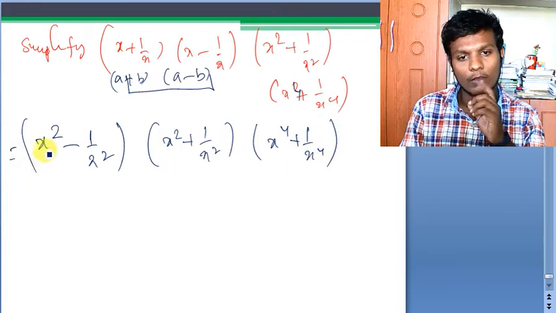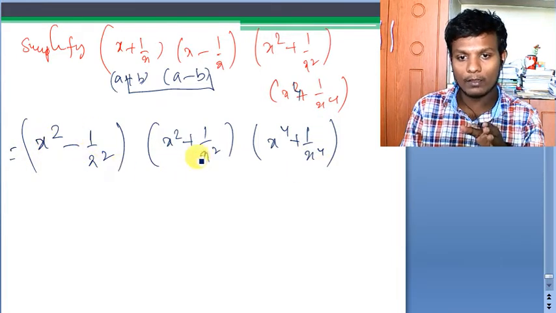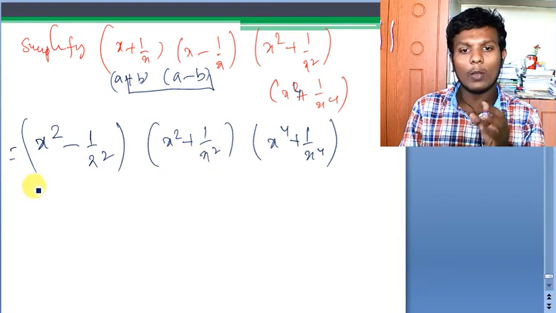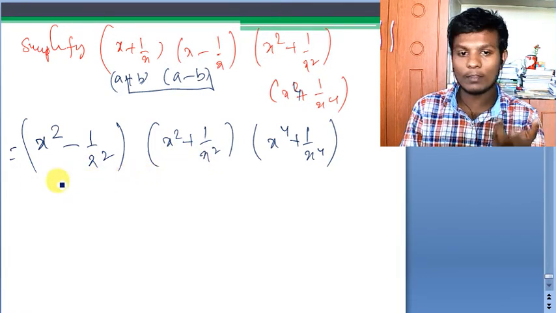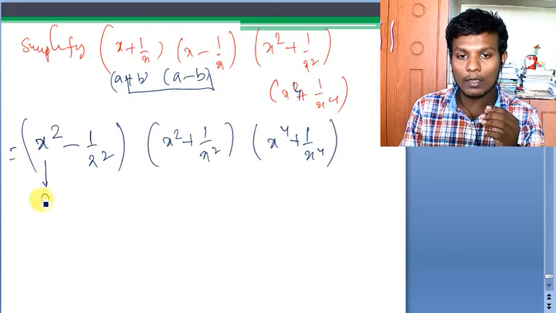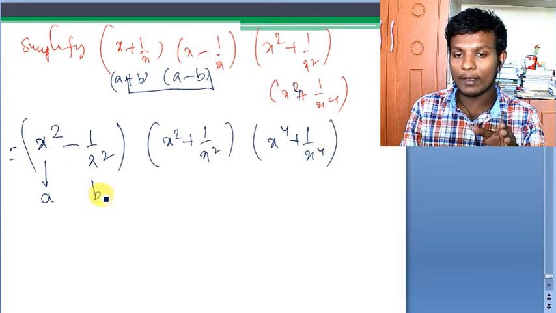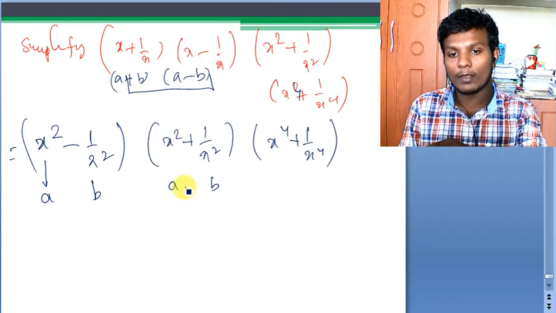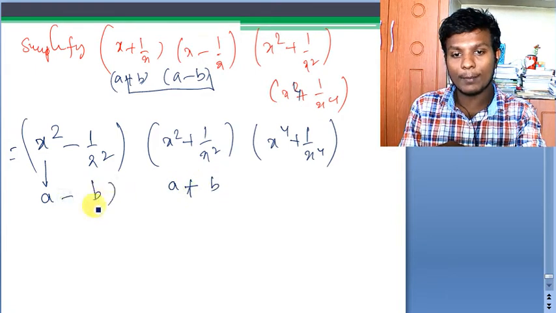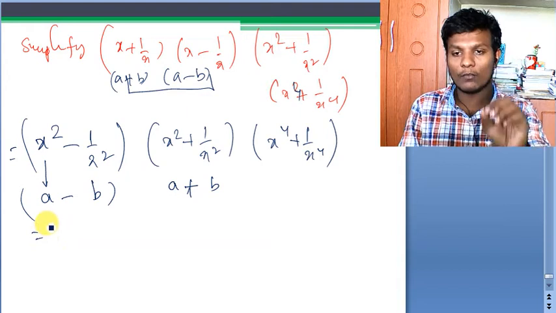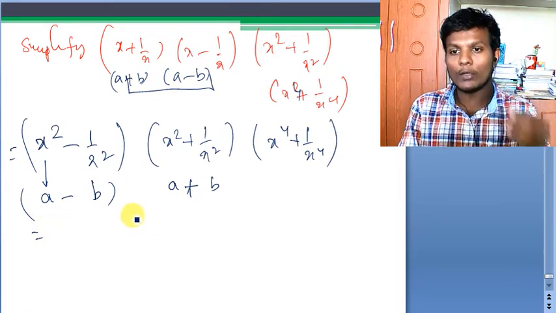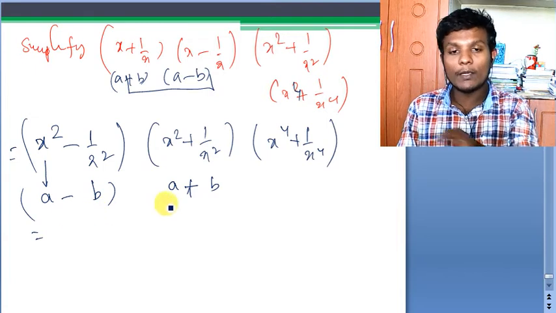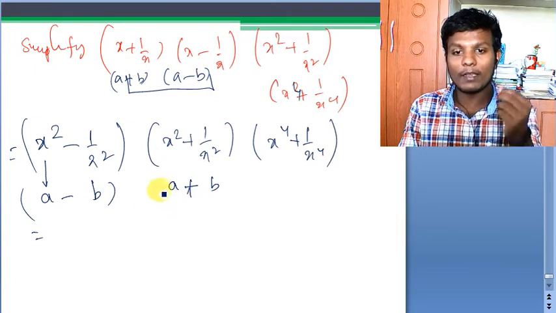Again if you see here, a minus b, a plus b. Now again I can use a plus b into a minus b. I assume a is equal to x square, b is equal to 1 by x square. The same things are repeated here. It is a plus b and it is a minus b. Again I have to write it in the form of, I'm not writing it in detail here, but when you do it, you actually have to write it. So a plus b into a minus b is a square minus b square, but in place of a, what is there?